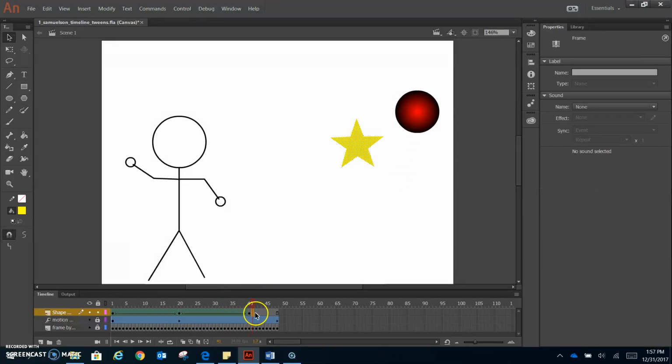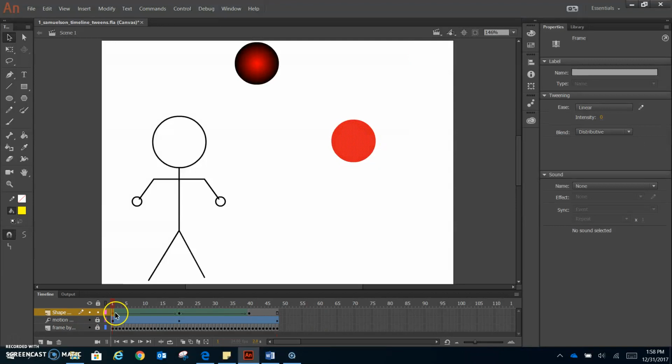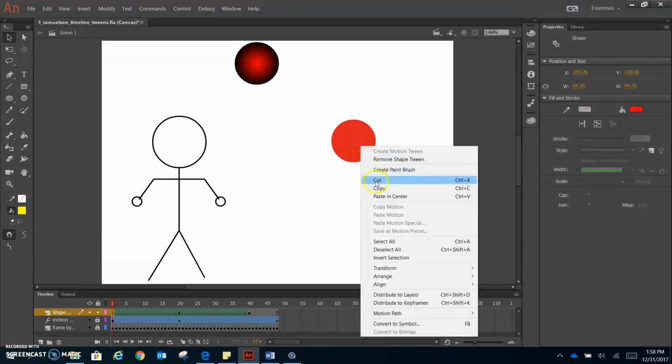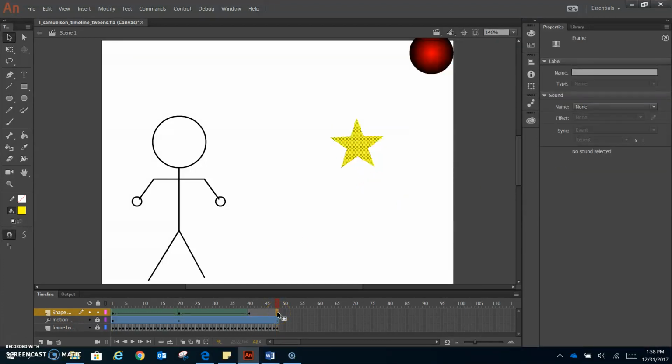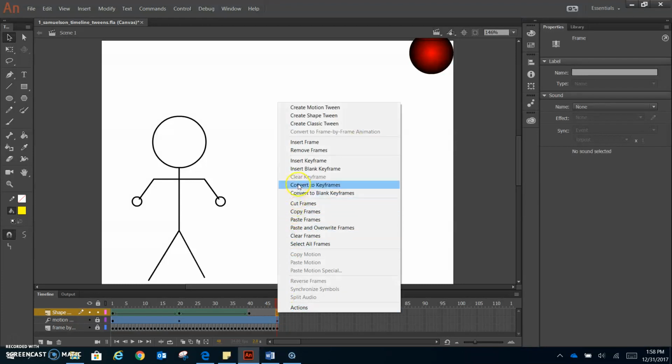Then right here on frame 41, so that it morphs from the star back to the circle. Actually, probably right here. I don't want it to just stop being a star and go to a circle. So I'm going to go back to frame 1, and I'm going to right click and copy. And then here in frame 48, I'm going to